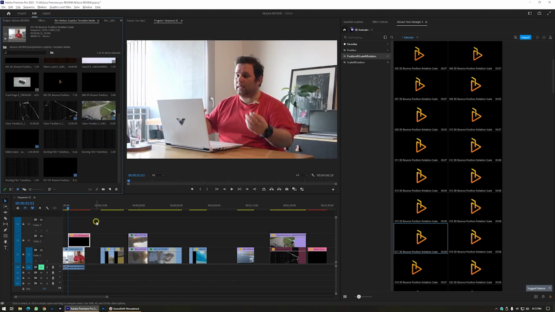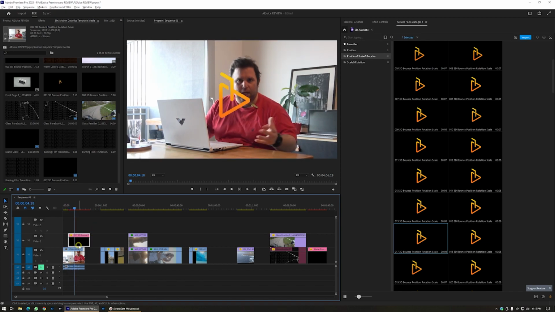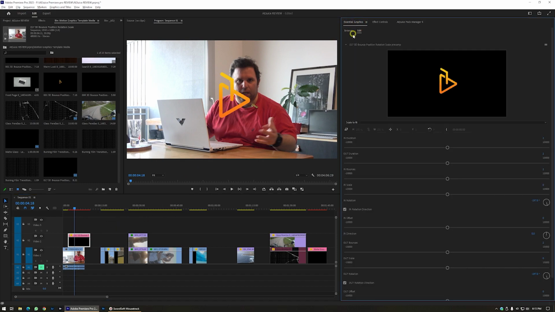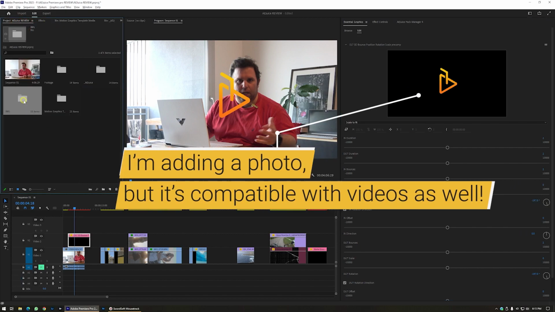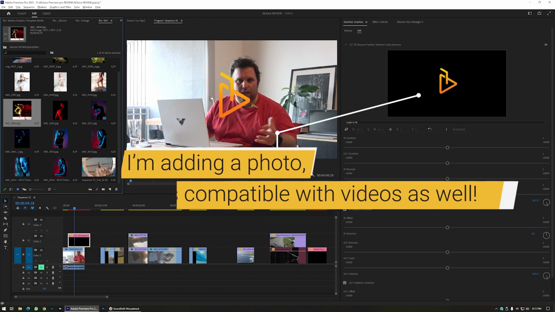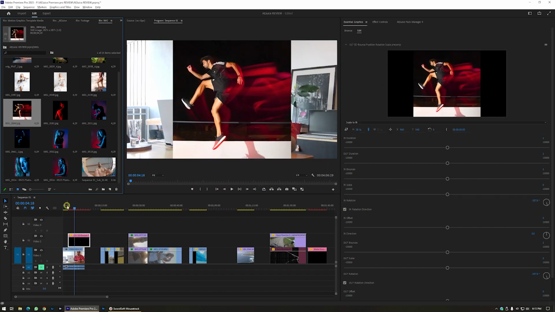To import it like this, if I press play on my timeline, you see that it animates in. That's very nice and dandy, so let's replace this icon with a photo. Let me go to Essential Graphics. Here it is, the placeholder. And let me go to the images, this picture over here, and place it on the placeholder here. If I go to the beginning,